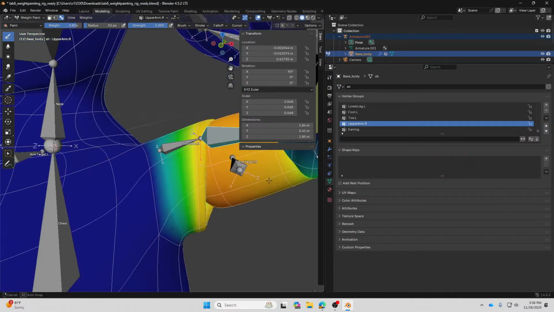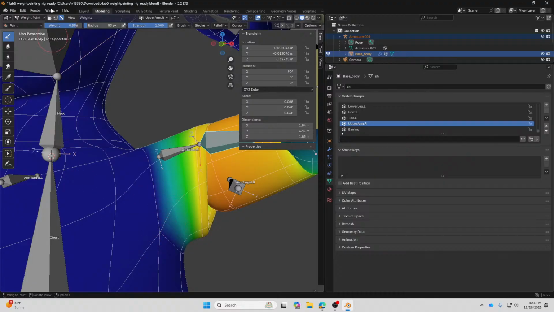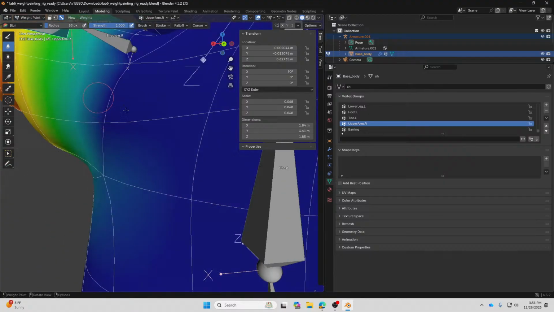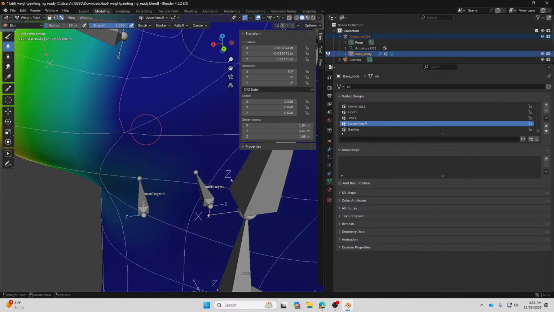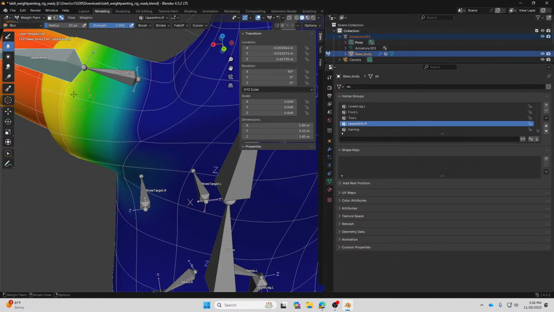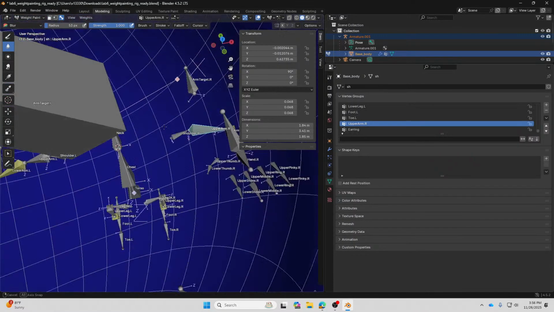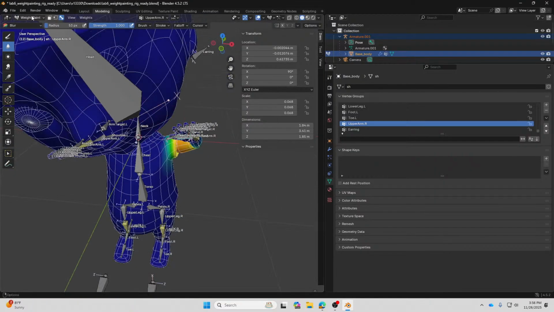You smooth out a little bit of the values over here. Blur. Alright, so it fixed the problem over here.